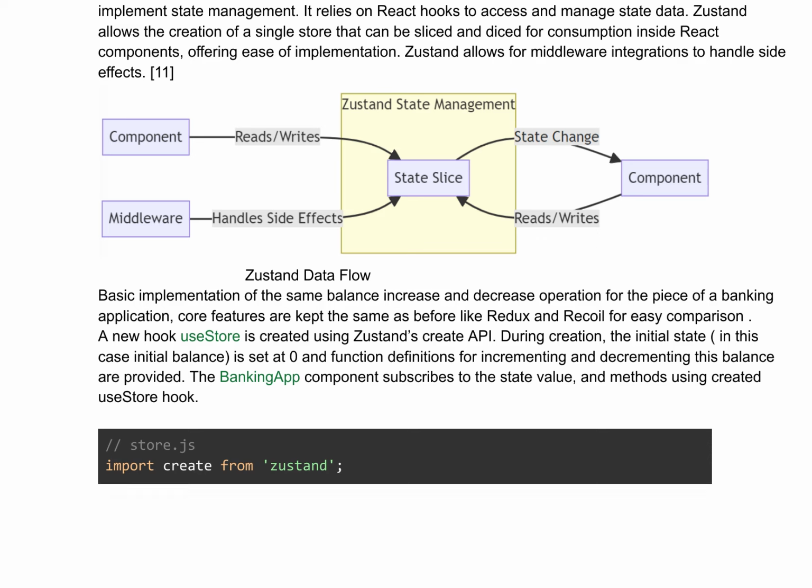A basic implementation of the same balance increase and decrease operation is demonstrated using Zustand. A new hook, useStore, is created using Zustand's create API, and the banking app component subscribes to the state value using this hook. The initial state is set to 0, and function definitions for incrementing and decrementing the balance are